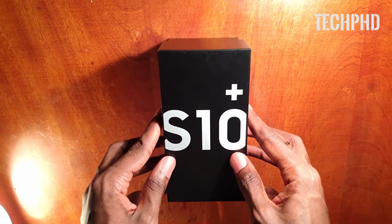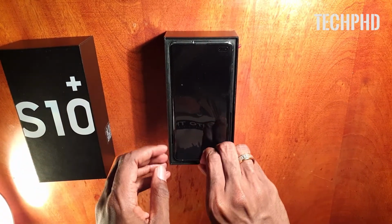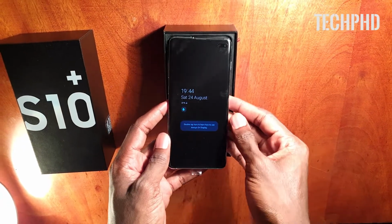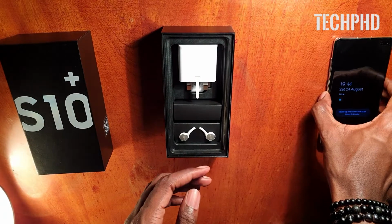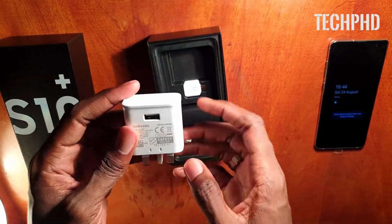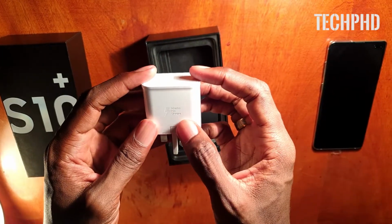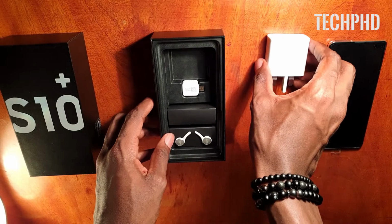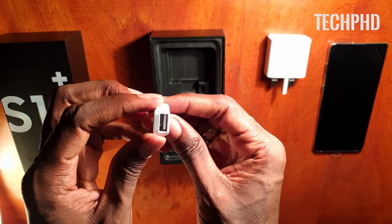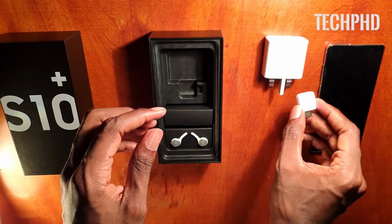Lifting up the top cover of the box, we are greeted with the Samsung Galaxy S10 Plus in all its glory. Now we'll set that to the side. Next, we have the wall adapter, the adaptive fast charger, which enables 15 watts charging for the phone. Next, we have the USB Type-C to USB Type-A adapter in case you wanted to connect a full-size USB peripheral